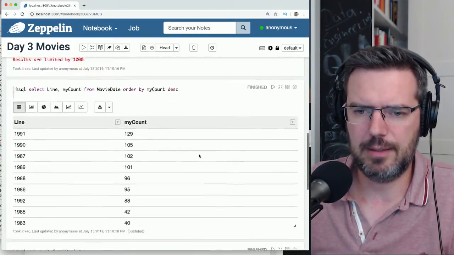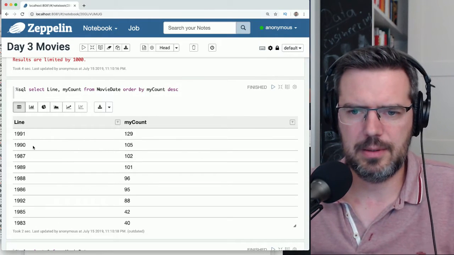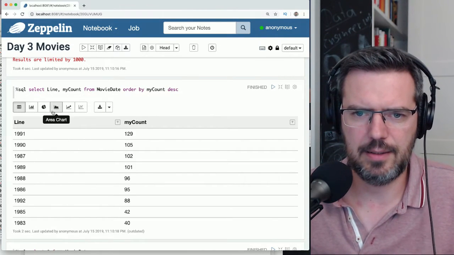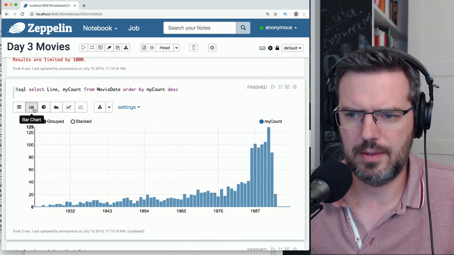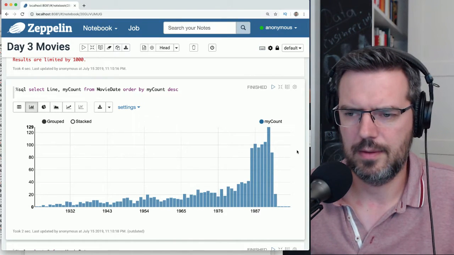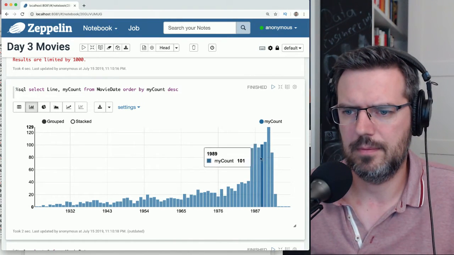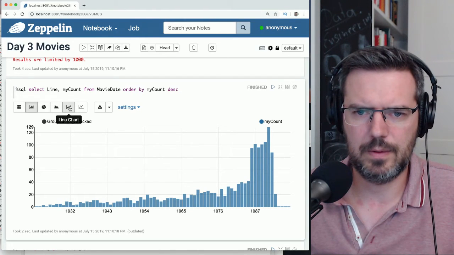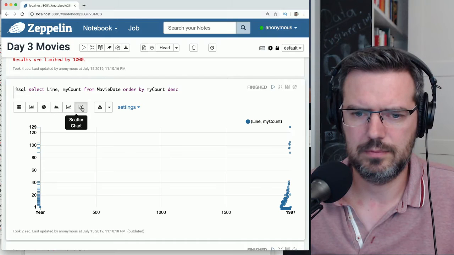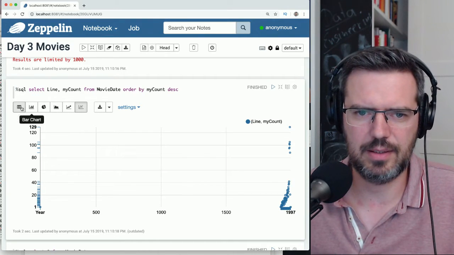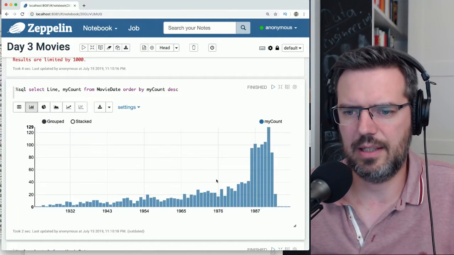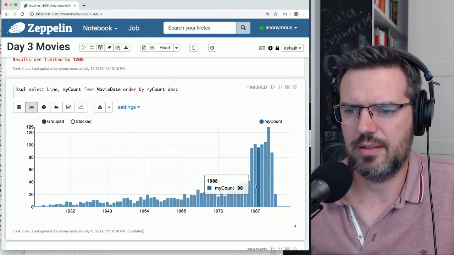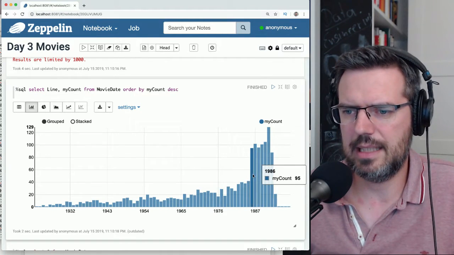And here we have it: 1981, 1990, 87, 89. You can also see it like this. That's what I like about it. So you can have a table, or you can have these bar charts. So you can see a bit of the distribution of where stuff lies.